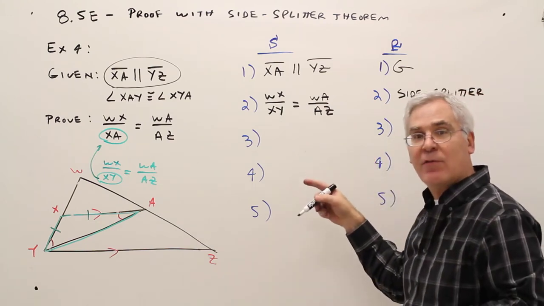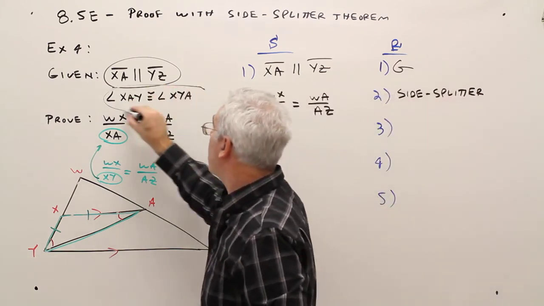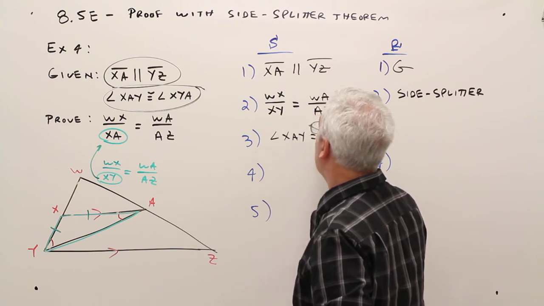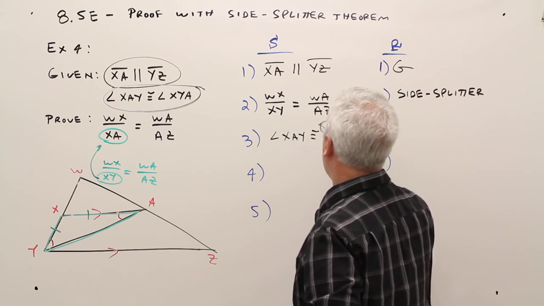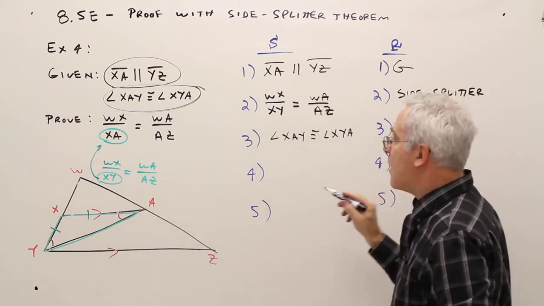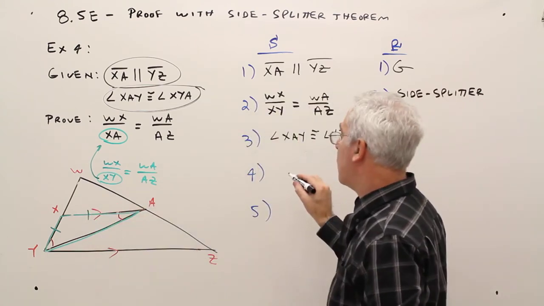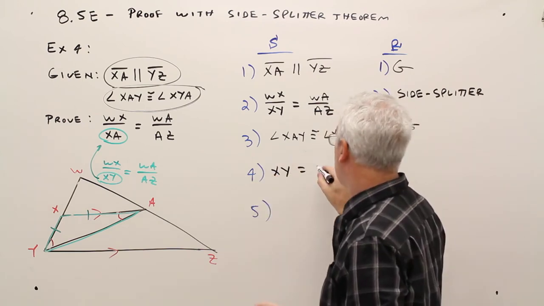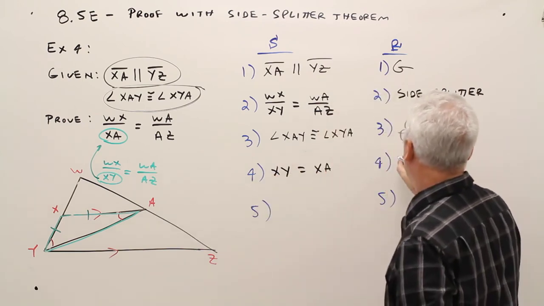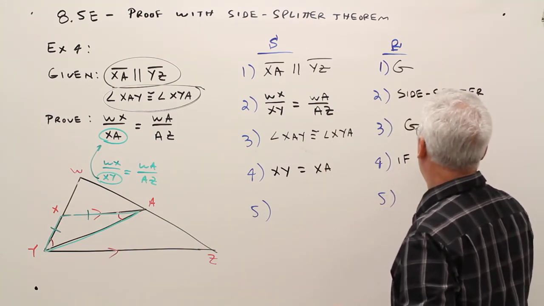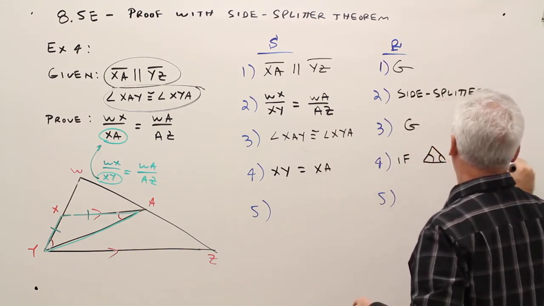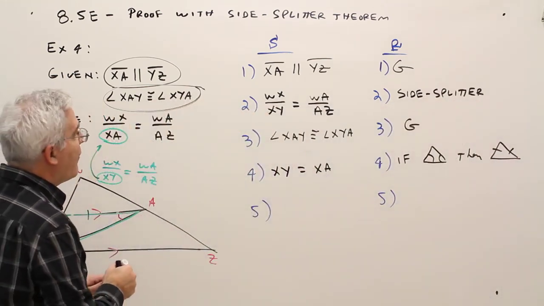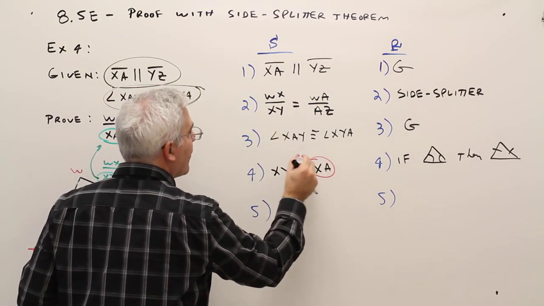Then what I'm going to do is try to make that substitution. So now I'm going to use this statement here. Angle XAY is congruent to angle XYA. That was given. And then I can get those two sides to be congruent. XY, that length basically equals XA. If angles, then sides. And then all I'm going to do is wherever I've got an XY, just to show you,